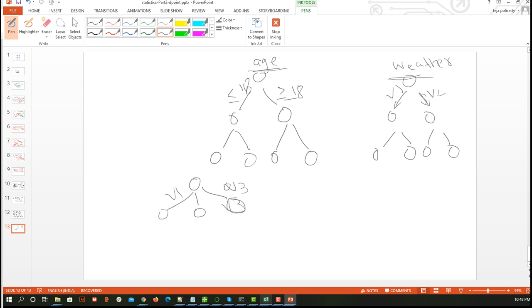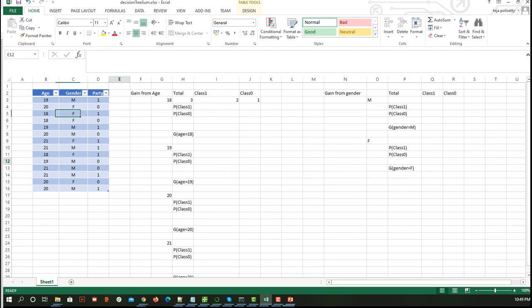Now our intention is to find how an algorithm decides what attributes need to be considered at any point of time. If we are done with the root node, now we are on the second level. Based on this, which attribute do I need to consider here, and here? That we are going to see now. For example's sake, I have taken age and gender, and based on this we need to categorize whether they are going to party or not.